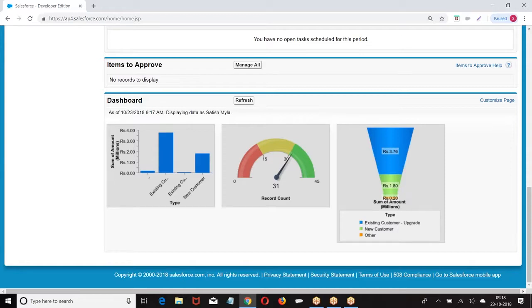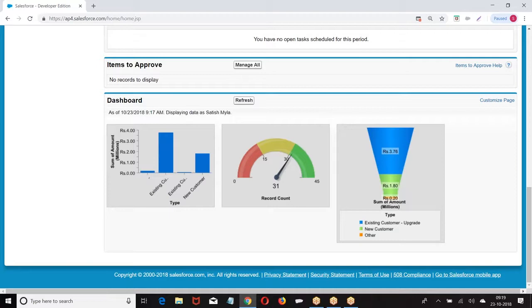So what is a dashboard? Graphical representation of your report. Now this is for what? Quick analysis of your data. If you give me an Excel sheet, it takes time for me to understand it. But if you give me a graphical representation, it is easy for me to analyze and understand. I hope you are good with this. Clear for everyone? Right. Now let us go to the next one.